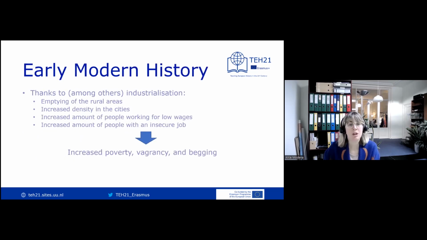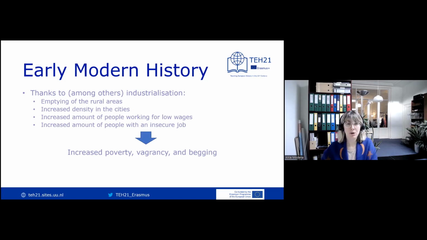So let's start. The period between the 1500s and the 1800s was characterized by a growth in population across Europe. This, combined with an evolution of agriculture and industry, led to a slow and steady process of urbanization and emptying of the rural areas. In cities across Europe, the density of population grew at a regular rate. This happened at a faster pace than developments of the industry and advancements of job safety, thus resulting in an increasing number of people working for low wages and with insecure employment. This, in turn, resulted in an increased amount of people living in conditions of poverty, often resorting to begging and